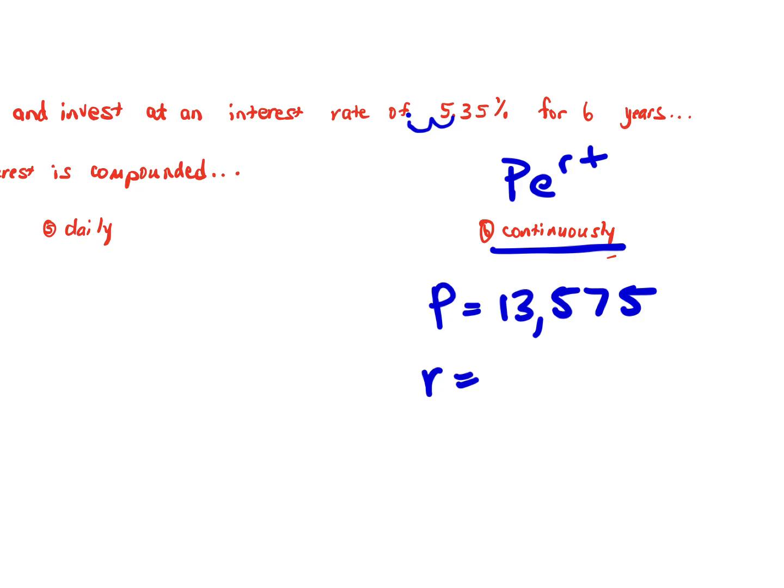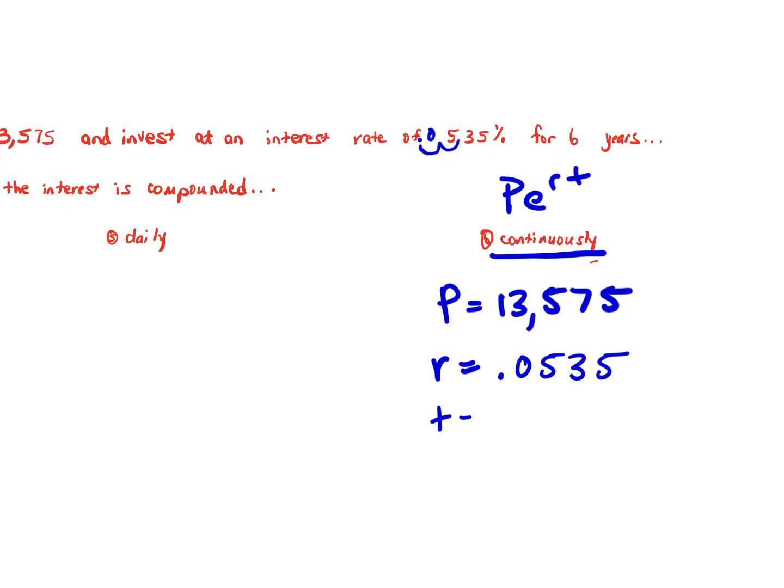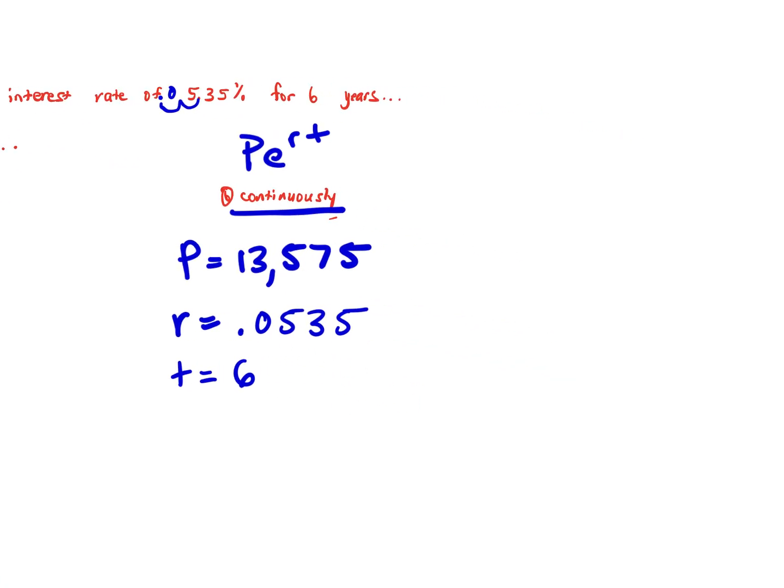Javi, what's R? Oh, does that say 5.35? 5.35. So what would R be? 0.0535. Awesome. So 0.0535. So we just move the decimal 2 places to the left. And then what's T? 6. Awesome. Let's plug it in. So we have 13,575 times e to the power of 0.0535 times 6. So I would always do the